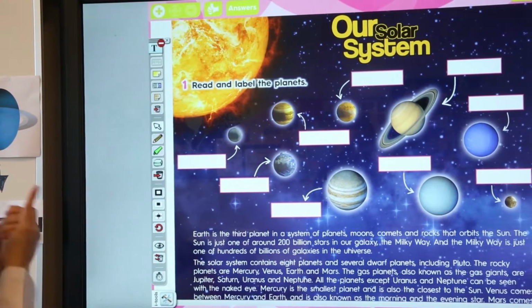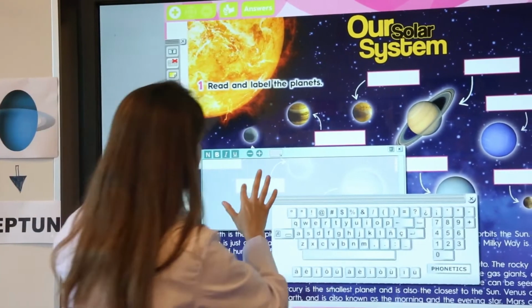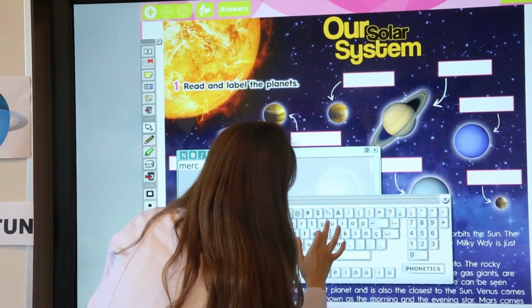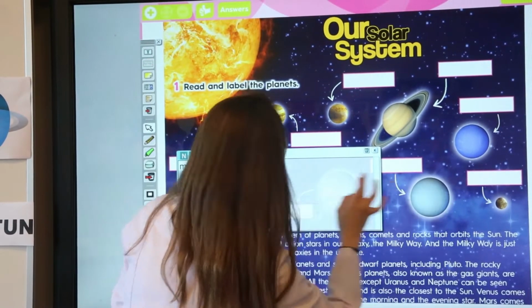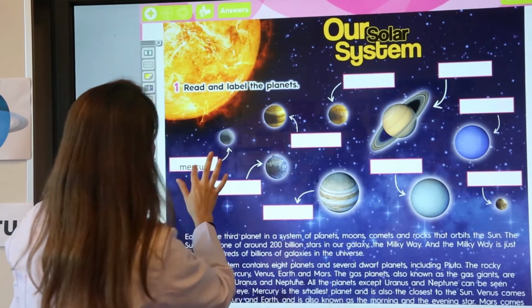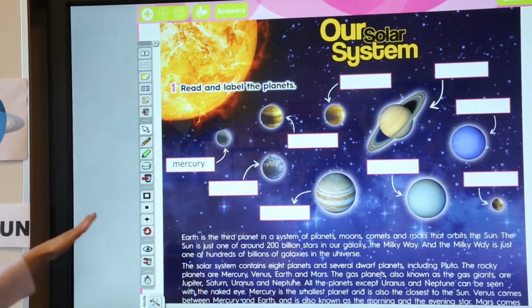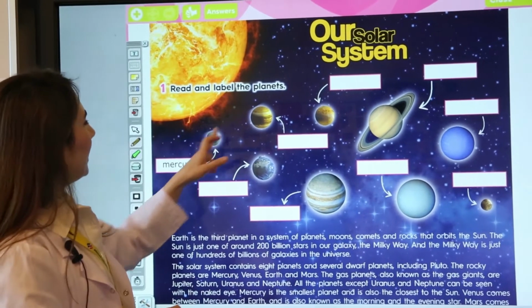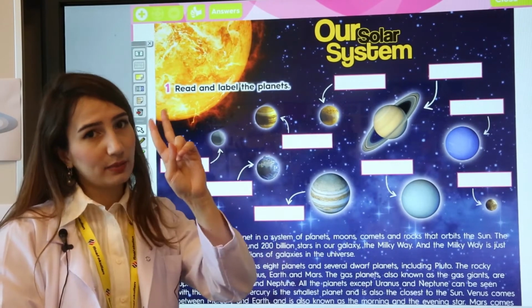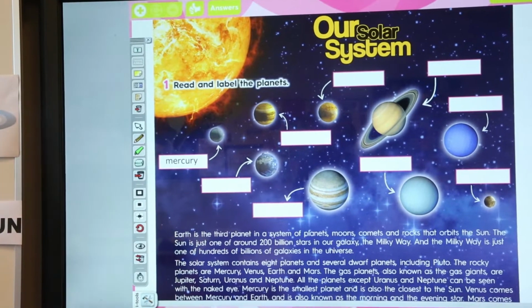Mercury. If you say Mercury, then you are correct. Let me write it for you. Okay, let me put it up. All right. It's nice right now. And let's check the other one. It comes after Mercury, so it's our second planet. Which one is it? As you see here,